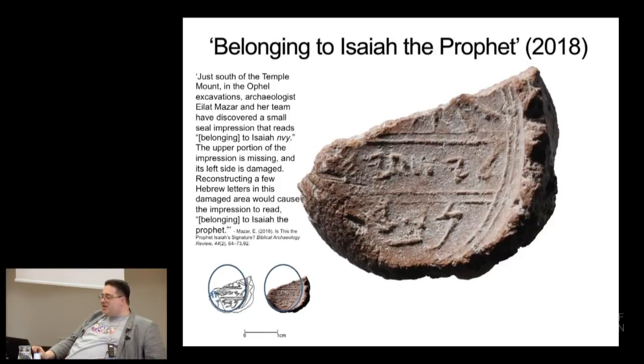But I think it's very plausible, the interpretation of this seal as mentioning Isaiah, belonging to Isaiah the prophet. And you can read about that in Biblical Archaeology Review, in the edition that was celebrating Herschel Shanks stepping down as the editor, because he's friends with this particular archaeologist, she published this result in there for the first time. That was where the first announcement publication was. But as I say, when I say they're still digging stuff up, they really still are. They found this over a year ago, I think.